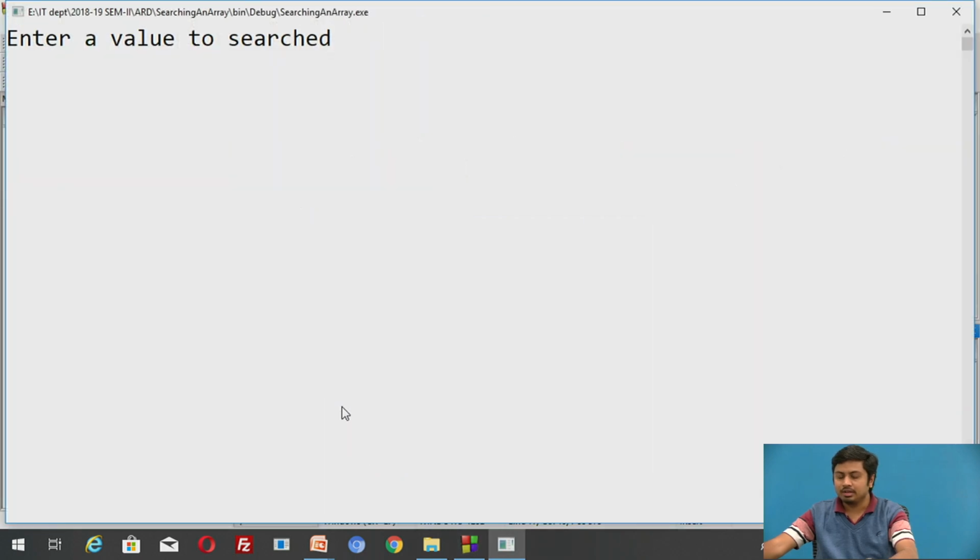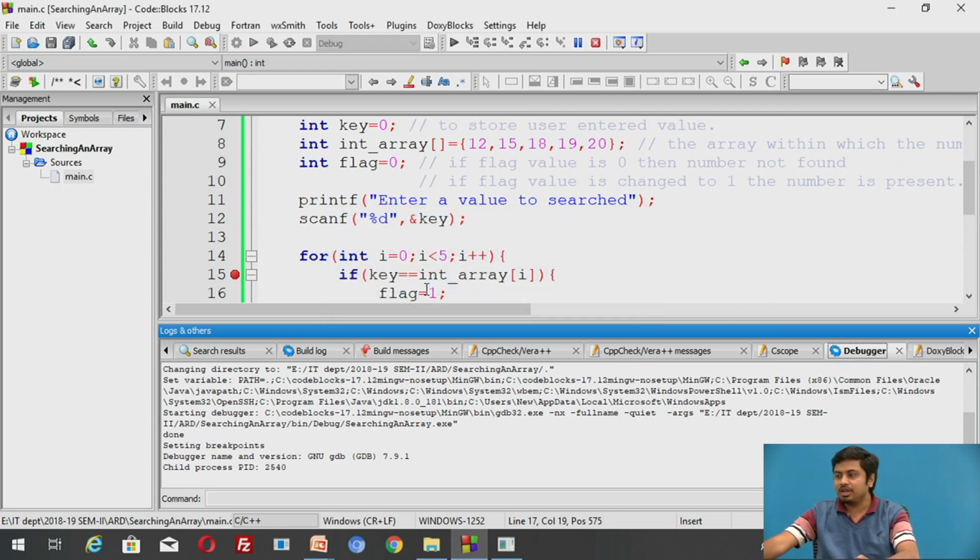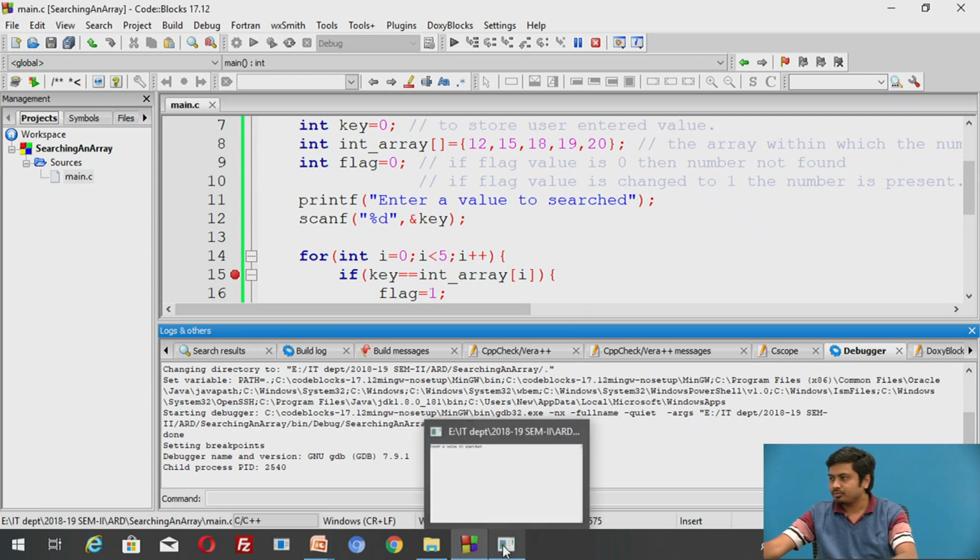Now you can see that my program has been launched, but it is not running in a normal run mode, but rather it is running in a debug mode. It will ask you to open the entire CodeBlocks perspective in a debug mode. Say yes. By saying yes, it sometimes also stores whatever debug sessions you are doing, and at the same time it also opens various debug related parameters. So now you can see that